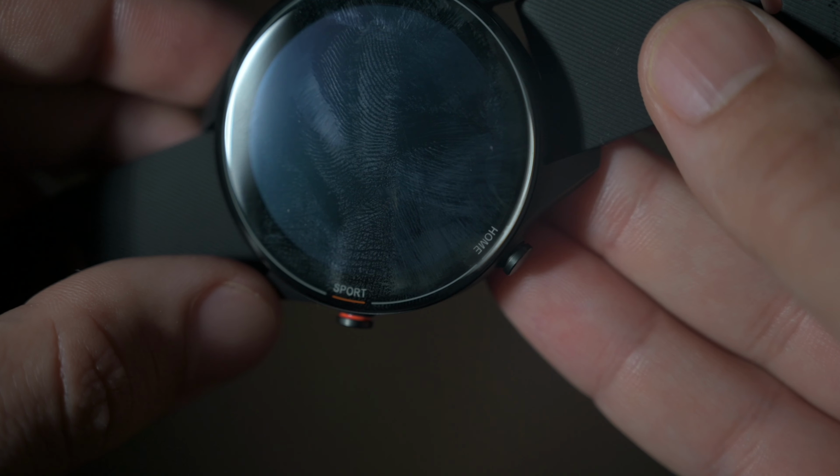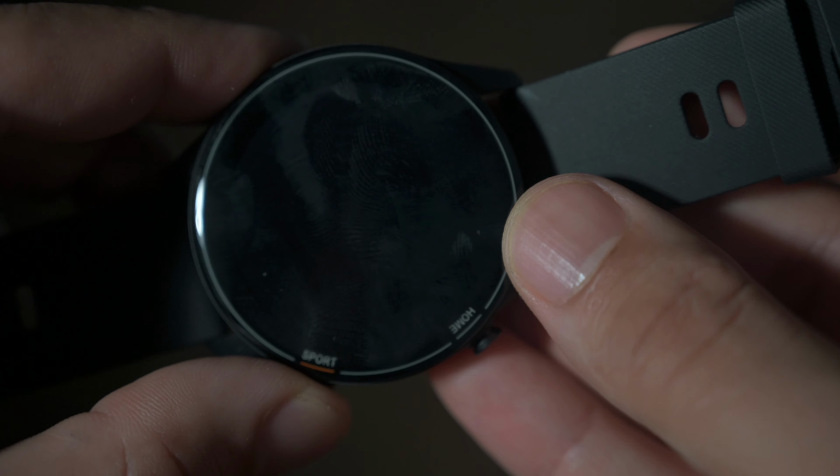I like that. The only part of the watch that I don't like are the straps. Now, of course, you can go and buy external straps, but this is the one that the watch came with, and it feels cheap. I don't know why. For £99, I was expecting better. The reason I was expecting better is because the smaller sibling, the Mi Lite, has a better strap than this one. Go figure. This one just feels a bit naff, a bit cheap, and like I said, leads to a slightly less comfortable feeling on my hand, and doesn't feel like I can have it on all the time. So there's that. But apart from that, the build quality is